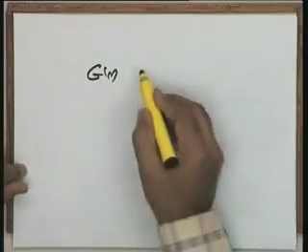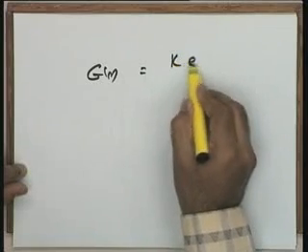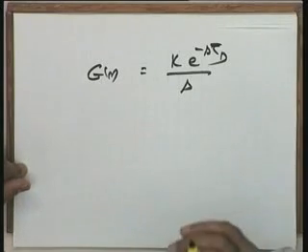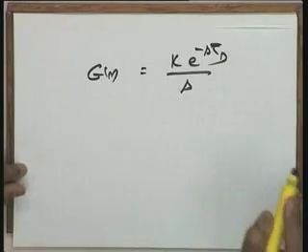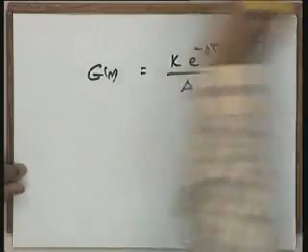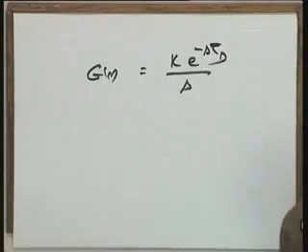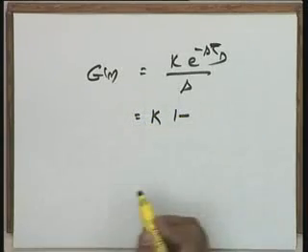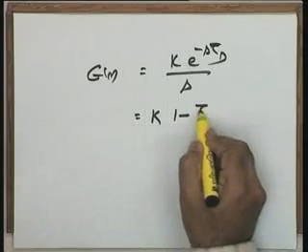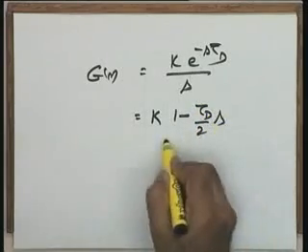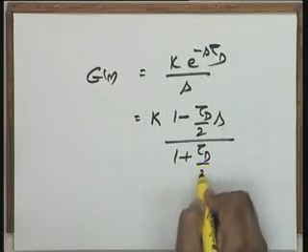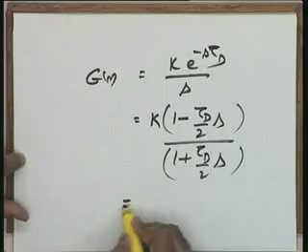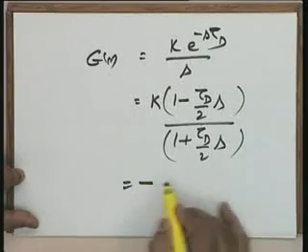Let me take G(s) is equal to k e to the power of minus s tau d divided by s. It is the case of a dead time equation. Now you see that whatever method you have seen, the dead time has not come anywhere. So what you can do is, the dead time can be approximated by the Pade approximation. So this can be written as (1 minus tau d by 2 s) divided by (1 plus tau d by 2 s). This is the approximation. Now if you see your pole zero pair, this can be written as minus